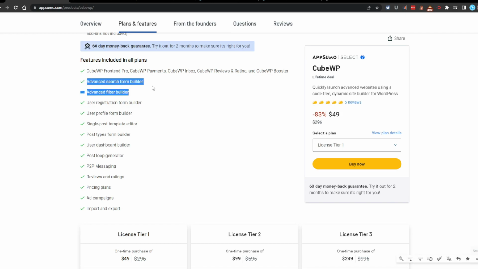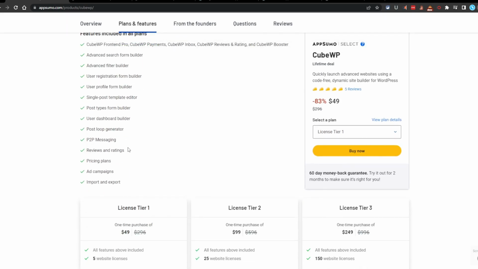Advanced Search Form Builder, Advanced Filter Builder, User Registration Form Builder, User Profile Form Builder, Single Post Template Editor, Post Types Form Builder, User Dashboard Builder, Post Loop Generator, P2P Messaging, person-to-person messaging, Reviews and Ratings, Pricing Plans, Ad Campaigns, Import and Exports. See, the reviews and ratings, I think I kind of have some things I might want to